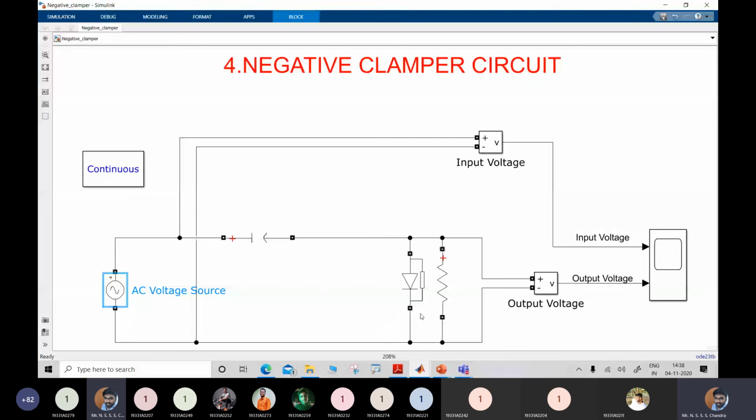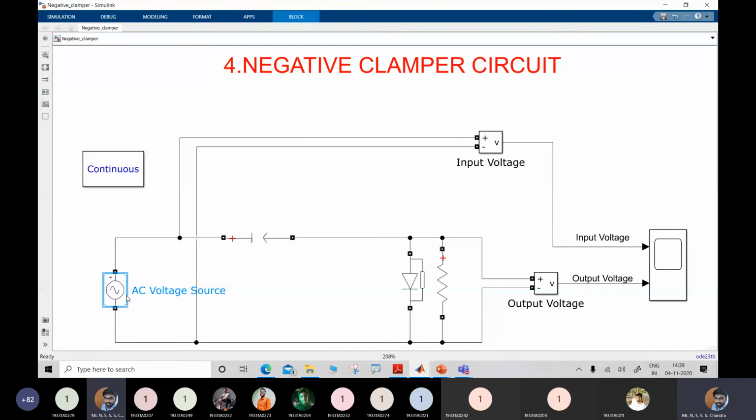Now the capacitor will be charged with polarities: this side will be plus, this side will have minus. Towards the output you have the minus sign of the capacitor, towards the supply side you have the positive sign. So your output will be Vin minus Vc, because you are moving from the positive terminal of the capacitor to the negative terminal. So it will be minus Vc, instead of plus Vc.